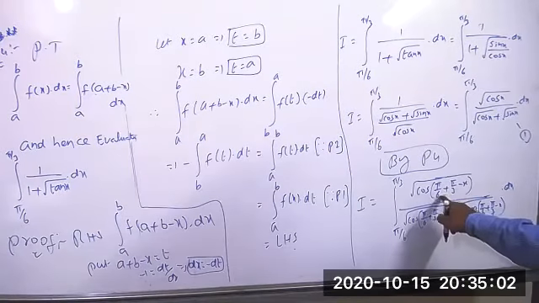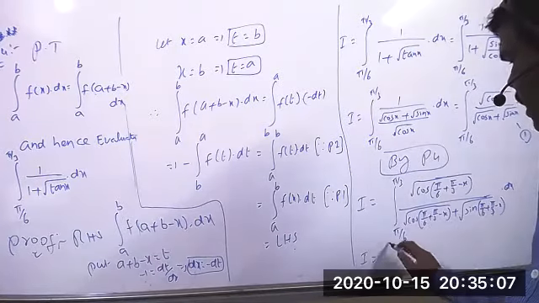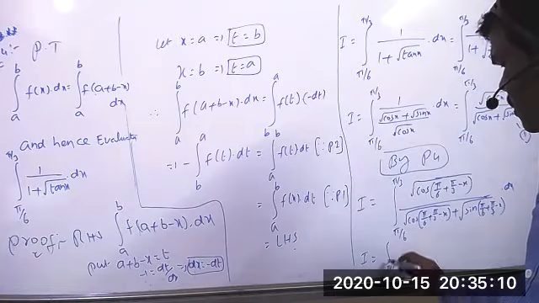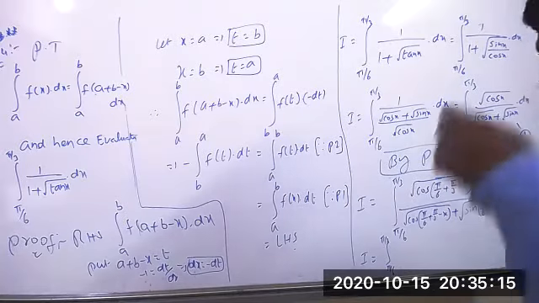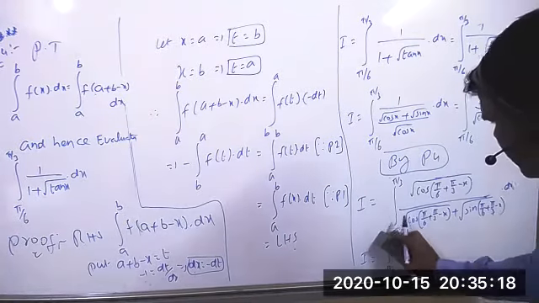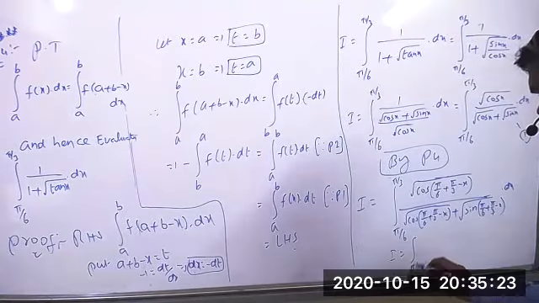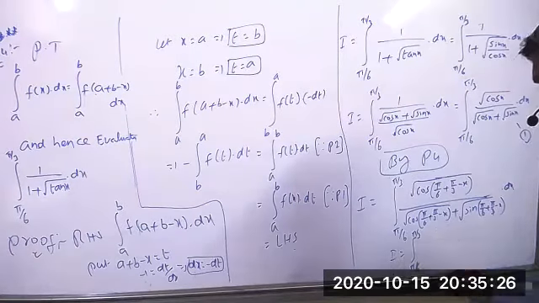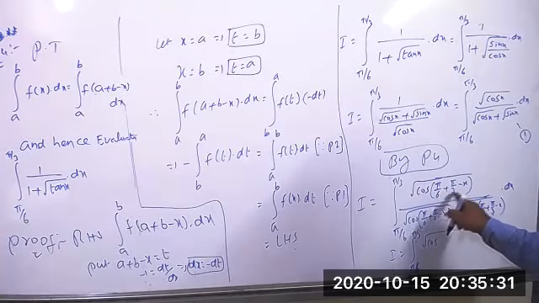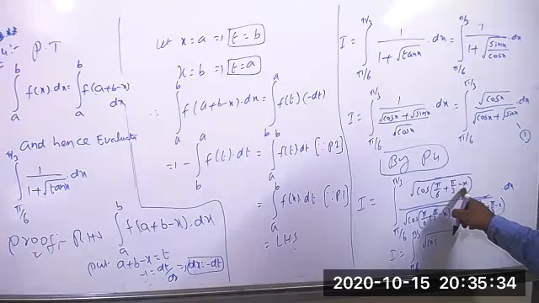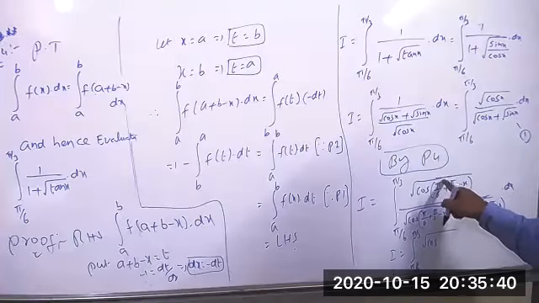What is the LCM here now? 6 is the LCM. You can write now: I equals integration of pi by 6 to pi by 3, square root of, then this is enough here. I equals integration of pi by 6 to pi by 3, root of cos of, you can take these two only, but this you can leave. Minus x as it is, but these two only can take LCM. 6 is the LCM. So pi plus 2 pi equals 3 pi.